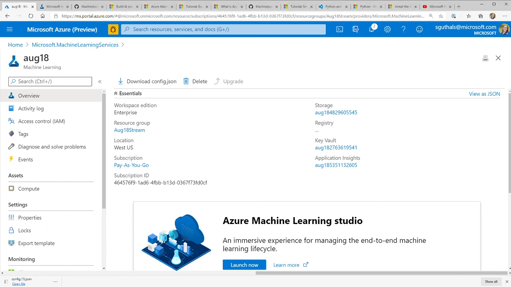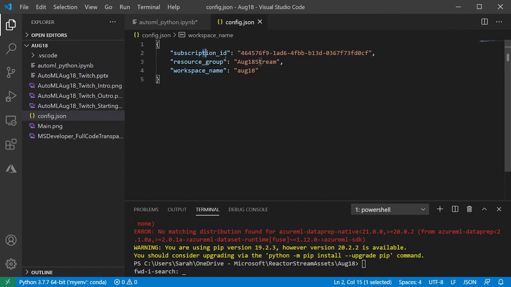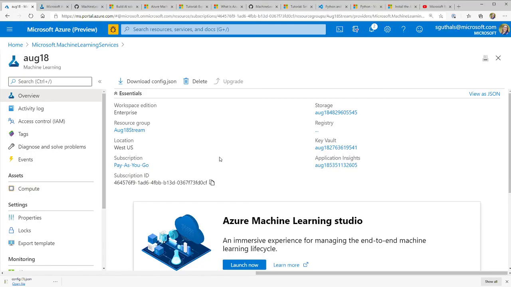Oh, sorry, you're not able to see that. It just has all of these things. You could have created that on your own. You didn't need to download the file. If you had some other specific things, it might get more complicated, but all you would need is your subscription ID, your resource group name, and your workspace name. Where did you go, workspace name? Oh,